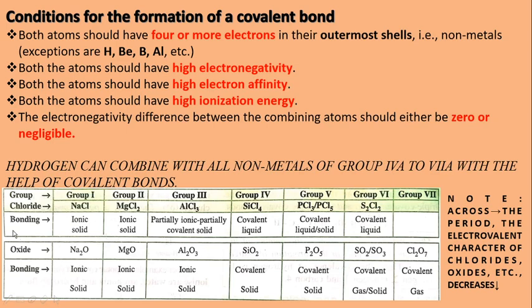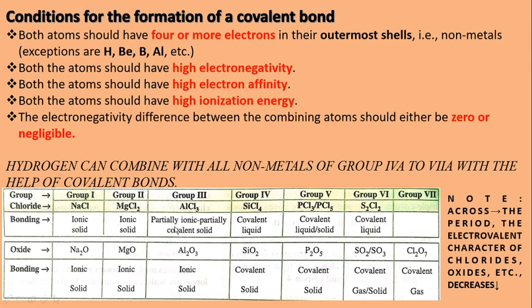So all these chlorides are given. If it is bonding with chlorine, what is the type of bonding it produces? That is what we are given. For group 1, it forms an ionic bond. For group 2, ionic bond. So ionic bond is nothing but the electrovalent bond, which means they can ionize easily because of the more electronegativity difference